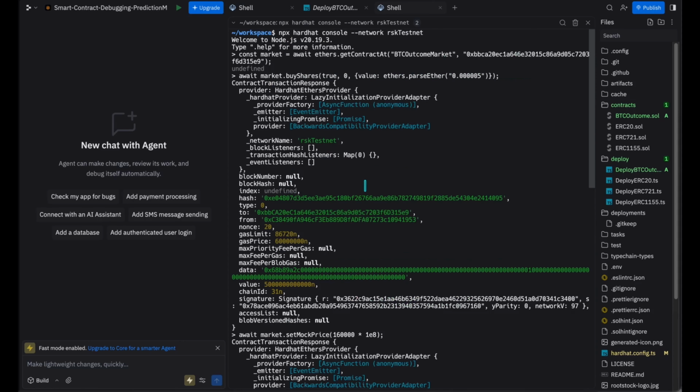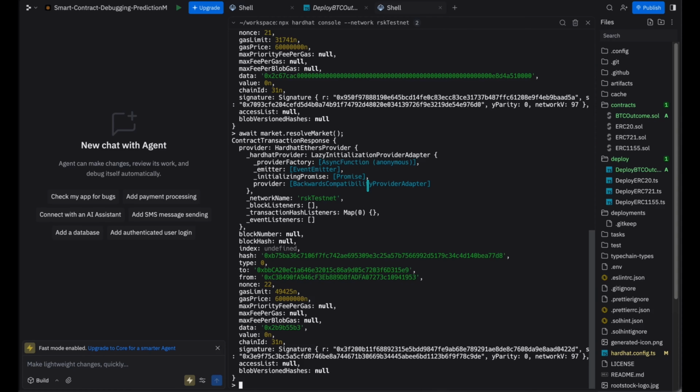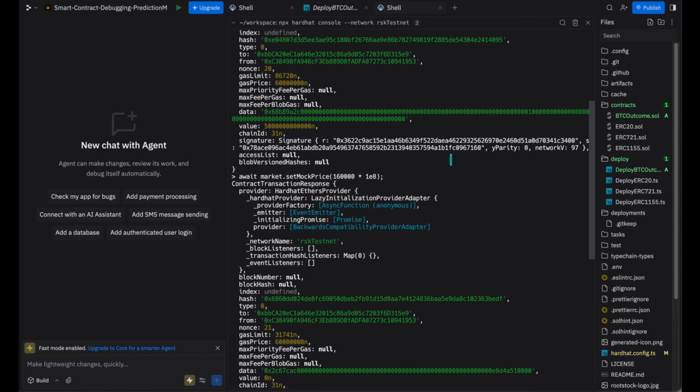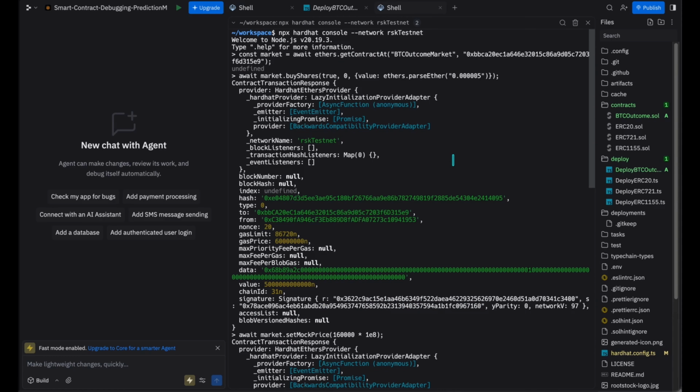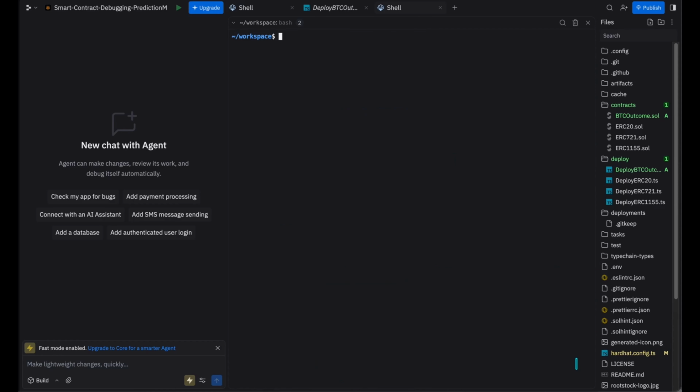Alright, before that, we will now look into the next type of testing in the Hardhat environment. It's basically for repeatable automated exploits. So in this way, we can write once and run anytime. It's a very strategic and functional way of testing out a smart contract. So let's go ahead and in our test folder, create a new file, named, suppose, BTC Outcome